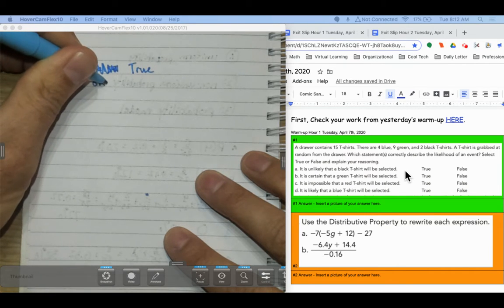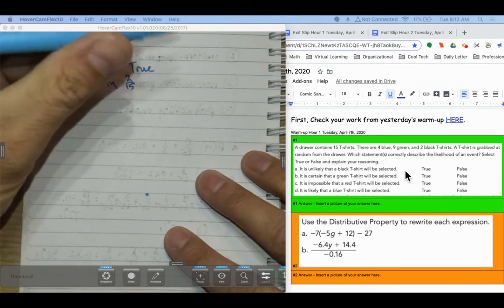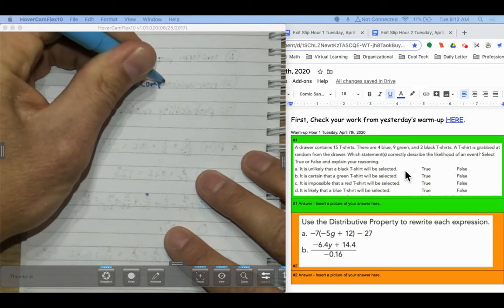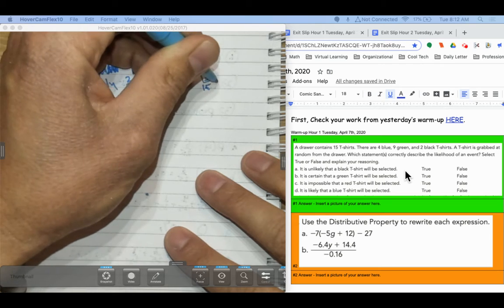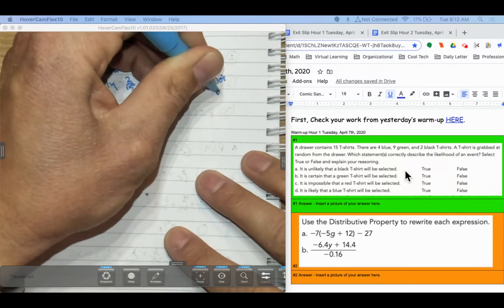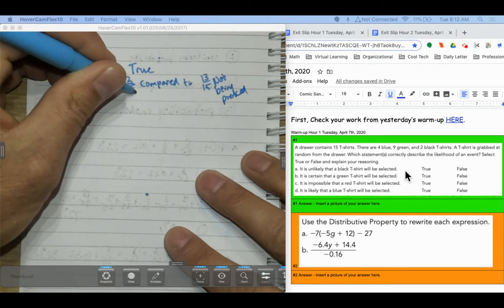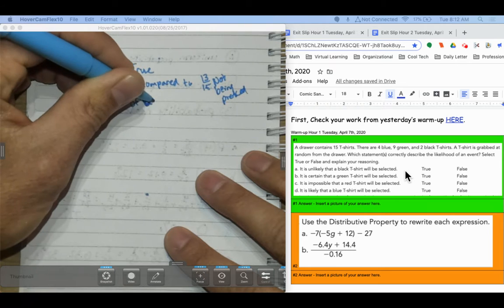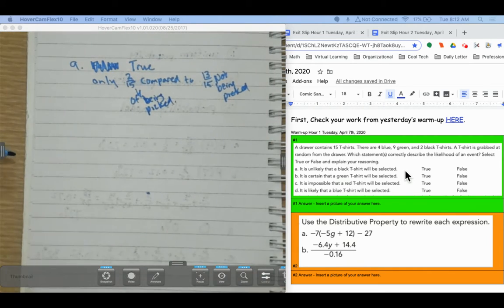It only has a 2 out of 15 chance of being picked, compared to 13 out of 15 of not being picked. Okay. So it is unlikely that a black t-shirt will be selected. True. Only a 2 out of 15 possibility of being picked compared to a 13 out of 15 possibility of